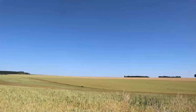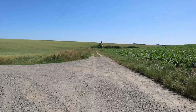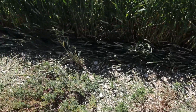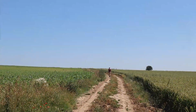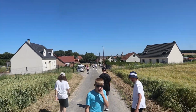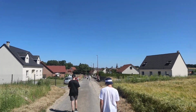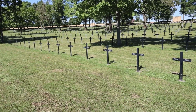So this was the walk we took that took us through many fields and past a lot of shrapnel, as obviously it would have been the direction that many of the soldiers would have taken, and we were encouraged to look for pieces of shrapnel, maybe a bit of barbed wire. I wasn't able to find anything, but I know of a few people that were. This walk was based on a soldier called Archie Paxton, and this walk replicates his actions leading up to the 1st of July. At the end it brings us to a German cemetery, which does very much contrast with the